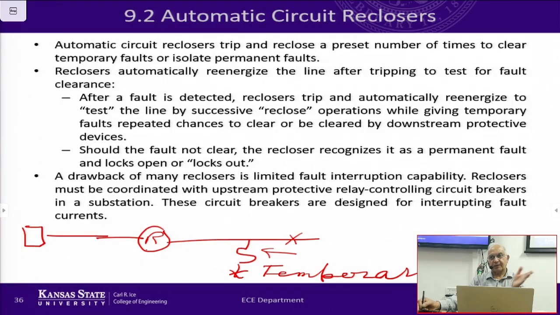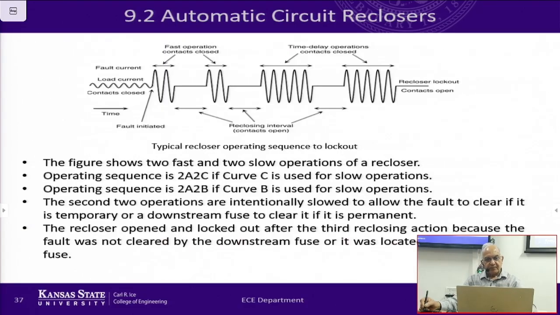So time over current characteristics are the key thing here. Everything is based on time inverse over current characteristics. Larger current, smaller time, smaller current, larger time. So this is a typical operation of a recloser. This is normal operation right here. Fault takes place, the current increases to a large value, and then after 2 cycles, very quickly the recloser will open, and then after a short delay it will close again, and then it will